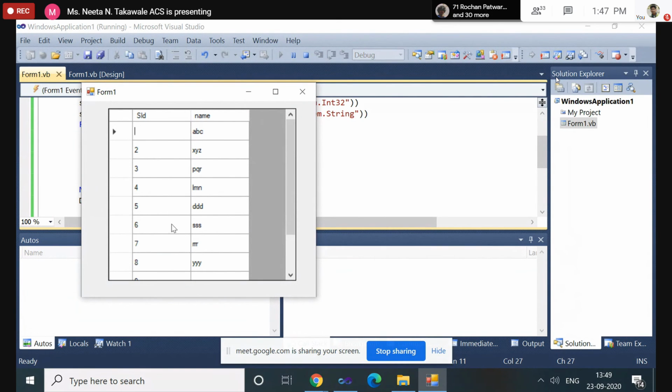The roll number we are generating by default in sequence, and only the name value we are accepting from the user. So you can also store different names inside each row.